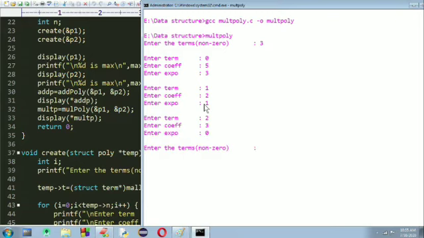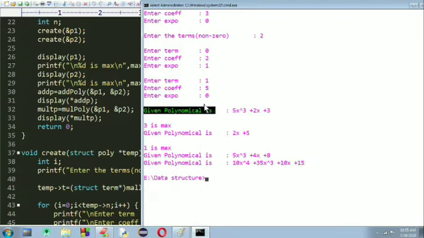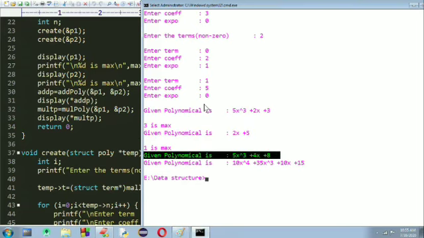The other polynomial has 2 terms: first term 2x, then 5, which has exponent 0. Then you will see I have two polynomials. The given polynomial is 5x cube plus 2x, and the other polynomial is 2x plus 5, and the resultant addition polynomial is 5x cube plus 4x plus 8. Are you getting this?